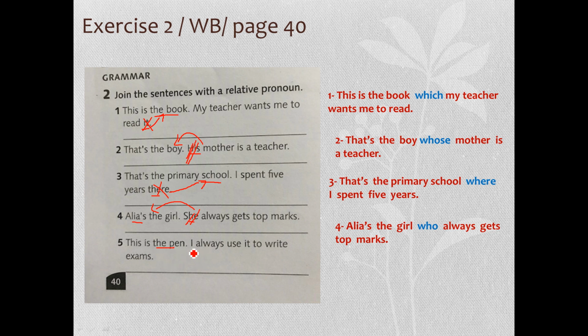Okay, طبعا it is a subject pronoun ضمير فاعل ومستحيل إشي let's say human يعود على إشي non-human أو unhuman. Okay. We have the pronoun it, which obviously refers to something non-human إشي غير البني آدم يعود على things. فبالتالي this one goes back to the pen and I delete it and I say this is the pen which I always use to write